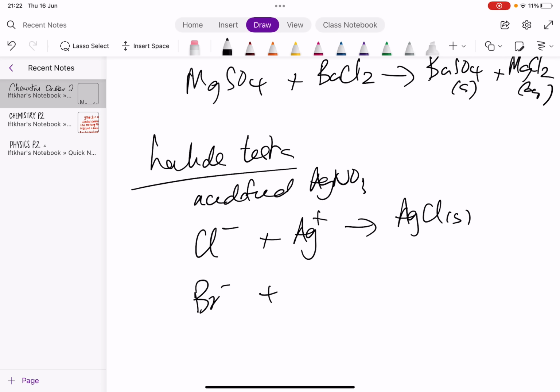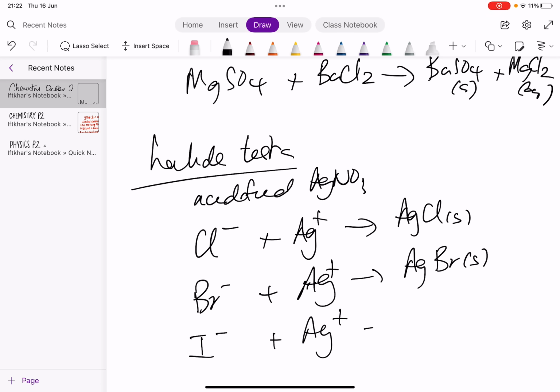Bromide ions will give you a cream precipitate of silver bromide, and iodide ions will give you a yellow precipitate of silver iodide. That's nicely summarized for you there. The next bit, and that's the last bit, is on bulk and surface properties of matter,